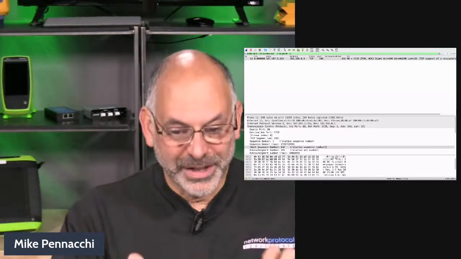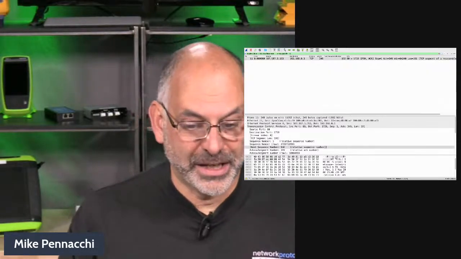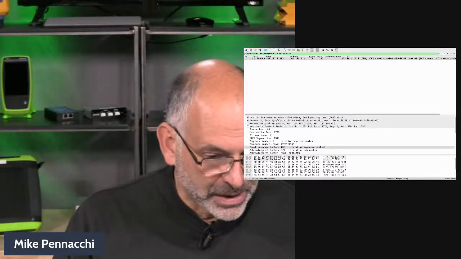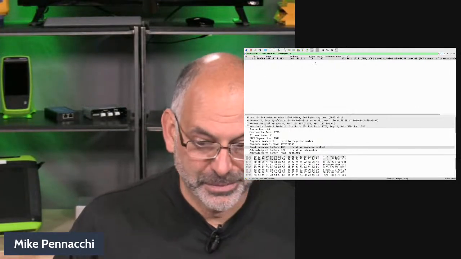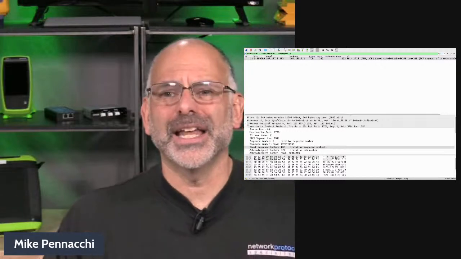There we go. Now that narrowed it down. Now I'm looking at data frames that are taking longer than 1 second. Now I could even adjust this. I could say half a second. So we could say, what if it takes the server longer than half a second to reply?